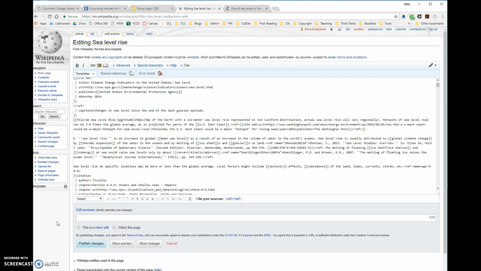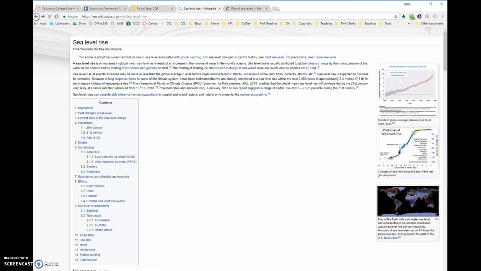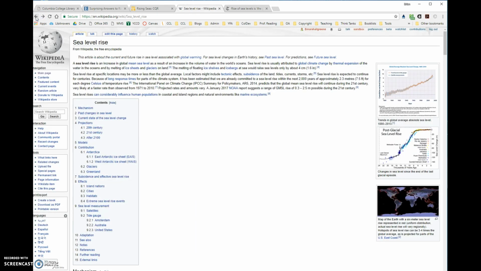So while there is a lot of interesting information on Wikipedia, simply because it's so easy to edit and you're therefore really unsure about who the author is of whatever it is you're reading, that puts its credibility in doubt. So you have to be very, very careful when you're using Wikipedia articles. And really the Wikipedia articles themselves are almost never appropriate for doing scholarly research. There are a couple things you can do to make good use of Wikipedia articles.